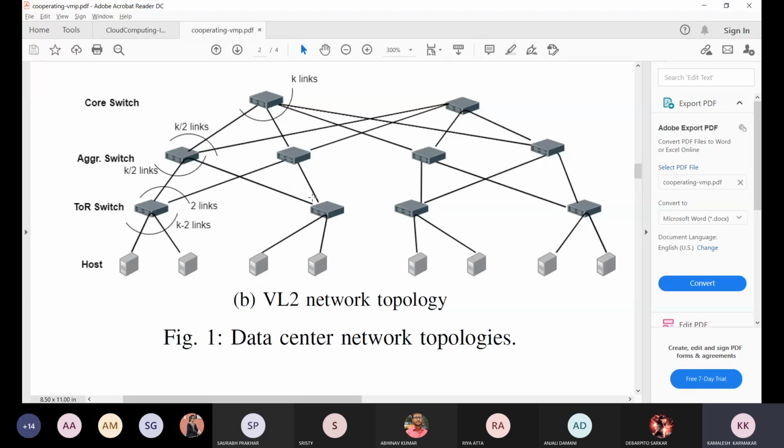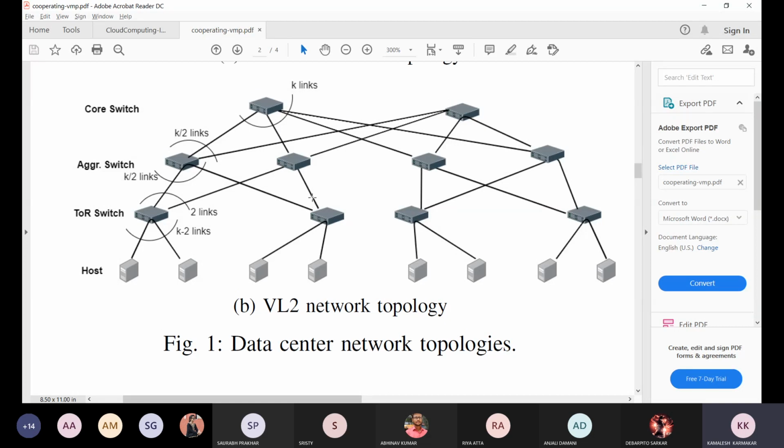The major difference between these two network topologies is that in VL2 we need fewer switches to establish the connection. So if we create a VL2 network topology instead of fat-tree, then the number of connections will be less. But still we have the alternative connections.